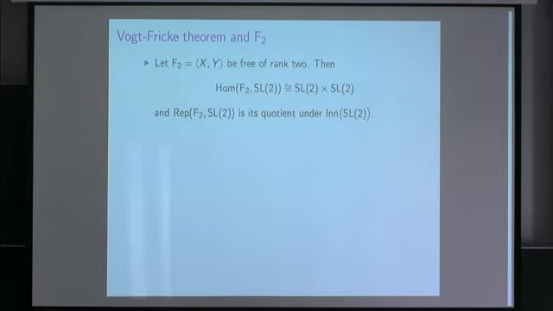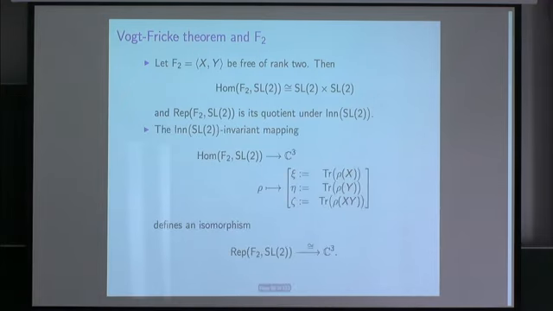Okay, so the free group of rank 2 has all kinds of nice properties which lead to a nice theory, but are rather difficult to generalize to higher rank. But the space of representations is just given by pairs of generators. And then we want a quotient by simultaneous conjugation, so we're looking at conjugacy classes of pairs. The earliest reference I know is 1889 by E. Vogt, who showed that these are given by the traces of the two generators and the product.